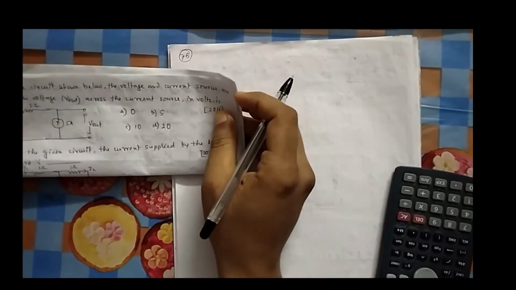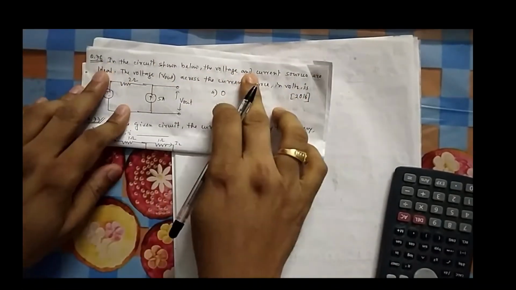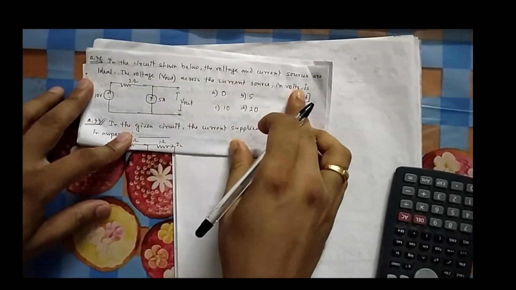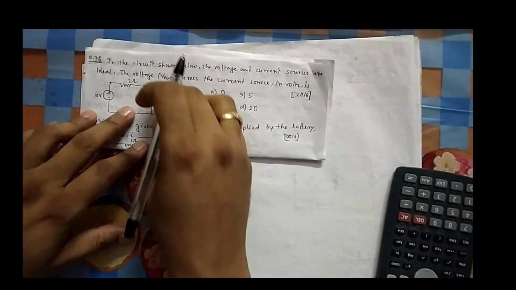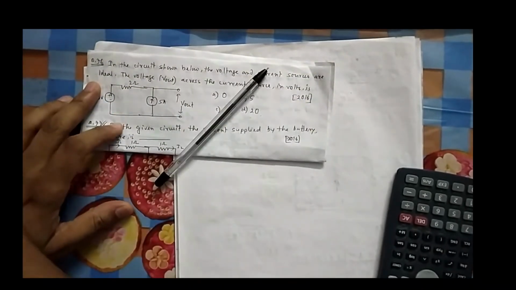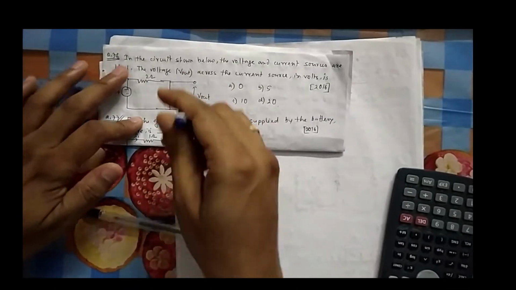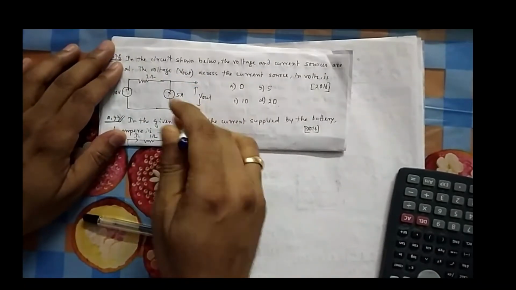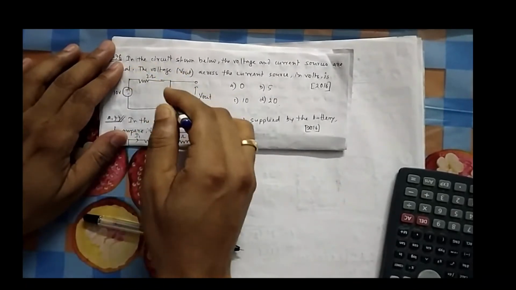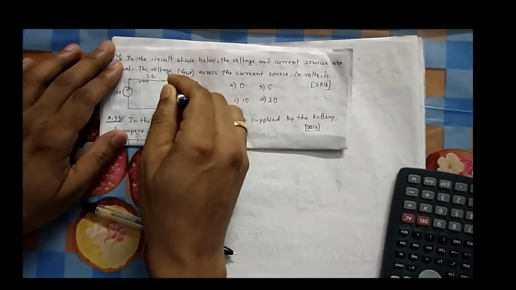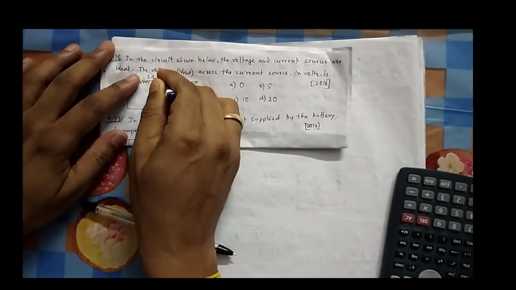Okay, in question number 76, it is given in the circuit shown below the voltage and current sources are ideal. Find the voltage V out across the current source in volt. So you have to find out this voltage. Because there is a current source, this is 5 ampere and there is nothing here, so no current will flow in this; all the current will flow through this path only. And because it is the same path, 5 ampere should flow here and then